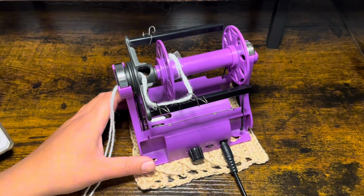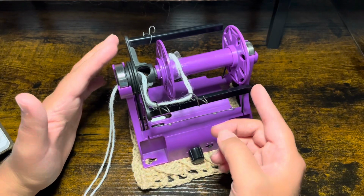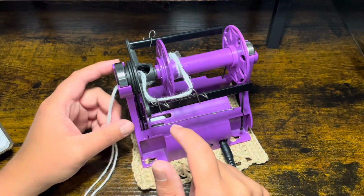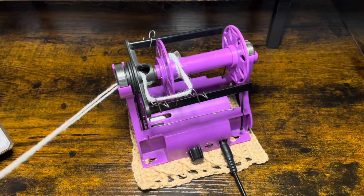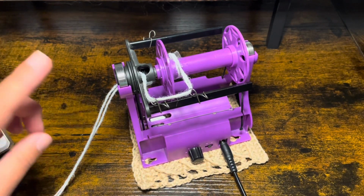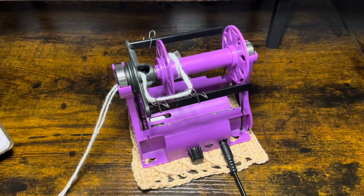So what do I mean when we're talking about Z twist versus S twist? Well, it means the direction of not only your flywheel, which is the arms right here, and usually there's clamps or hooks attached to them that lead your leader and your yarn through so it winds onto the bobbin, but also the direction in which your yarn is twisting, whether you're going in a clockwise motion, which is going to be the Z twist, or the opposite direction, which is counterclockwise,